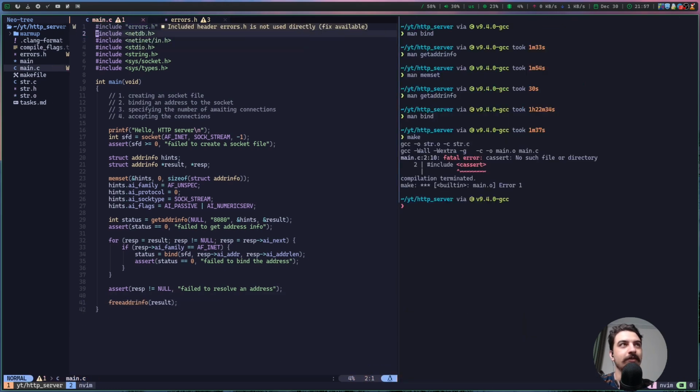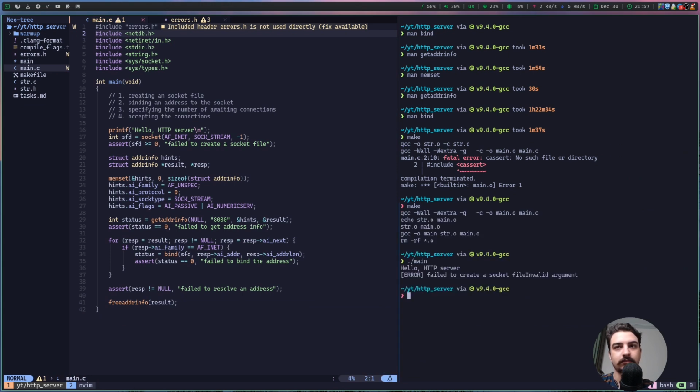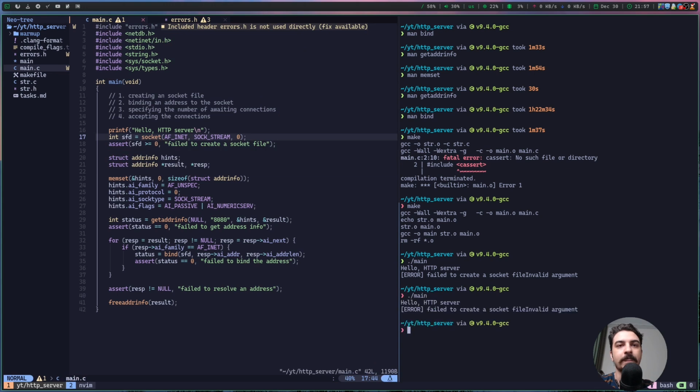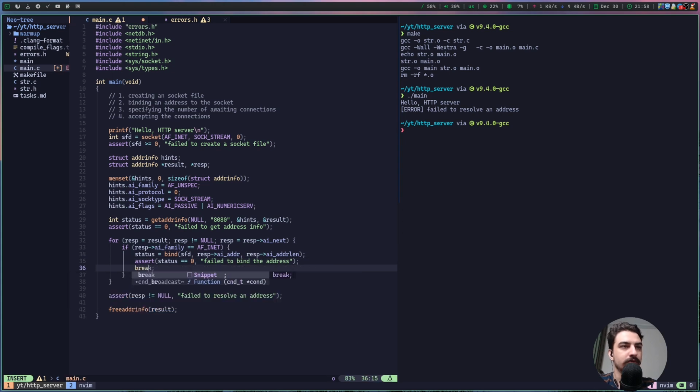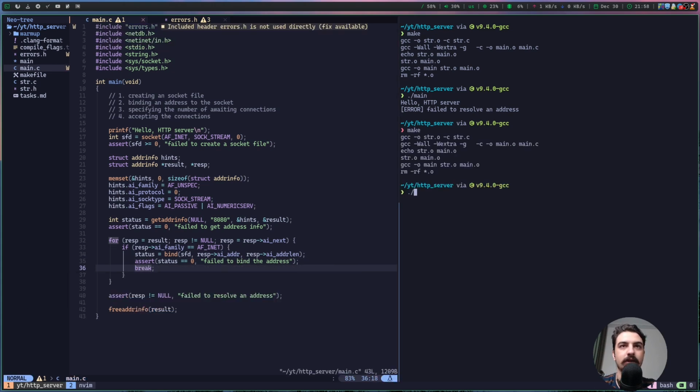It doesn't work. Oh, we didn't fix the protocol here. Failed to resolve the address. So we have to check why this is happening. We have checked. We should break. I just missed the break, and everything is fine. So we need then